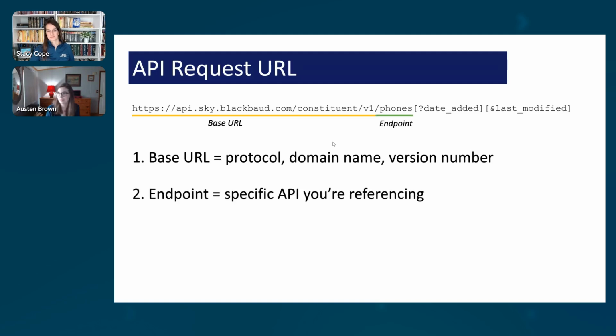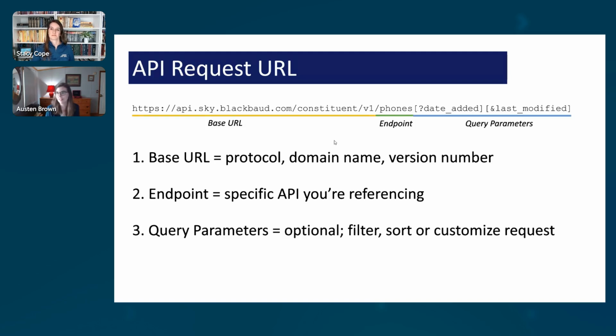The second bit is the actual endpoint of the API that you're referencing. So the field in Razor's Edge, this one is looking up phones on a constituent record. The last section